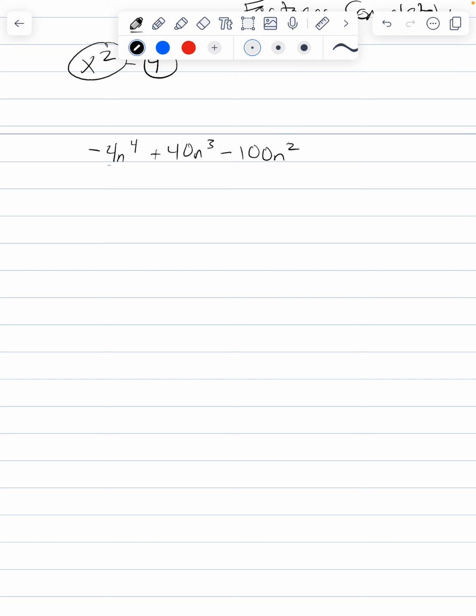All right, I'm going to look across these for the greatest common monomial factor. Well, I see that they're all divisible by 4. Also, these n's are all to the power of at least 2. So 4n squared is my greatest factor of all of these. So I can divide by 4n squared. I'm going to pull that out, and I'm left with n squared, because negative 4n to the fourth divided by n squared is negative 4n